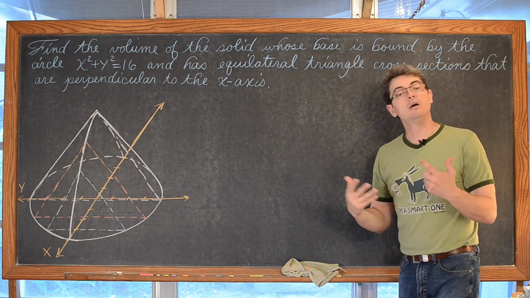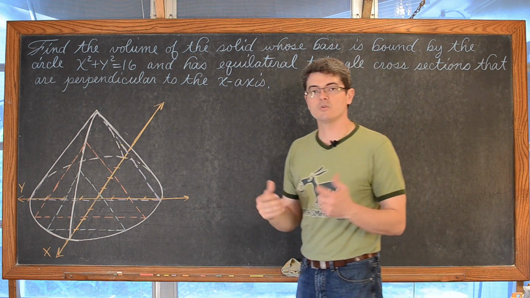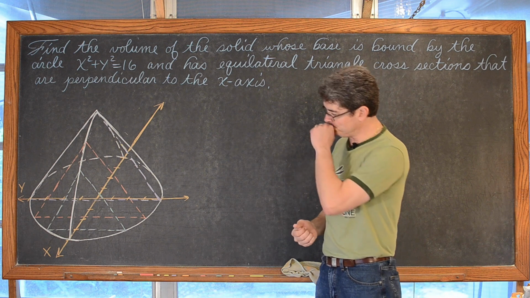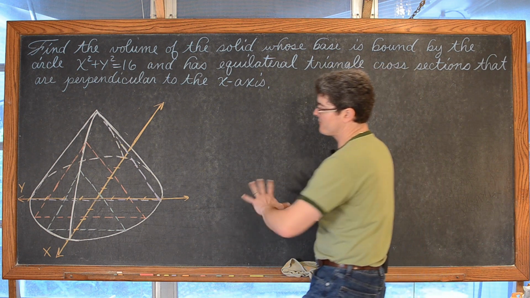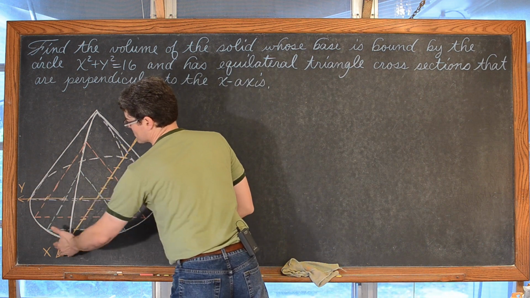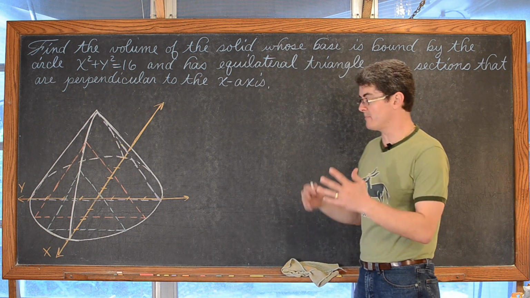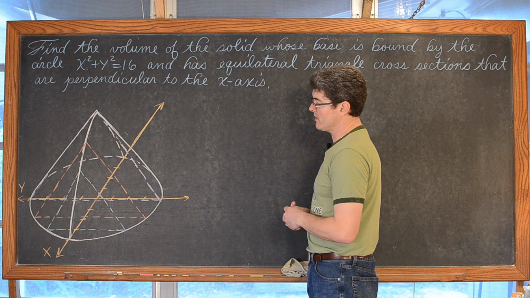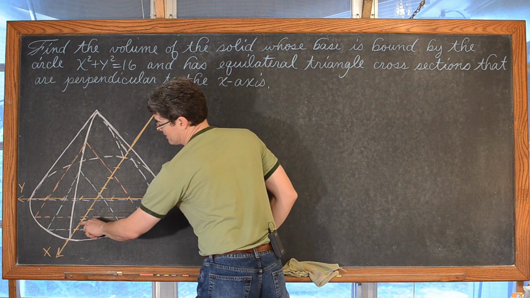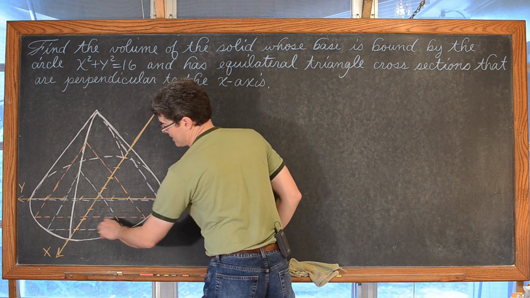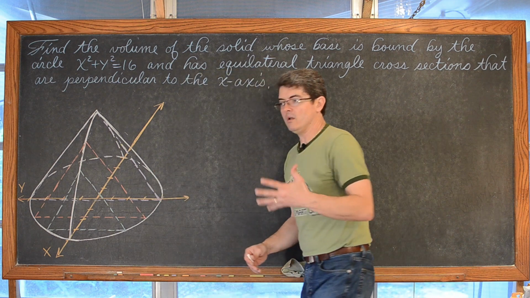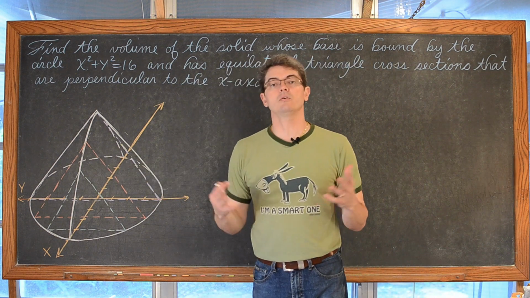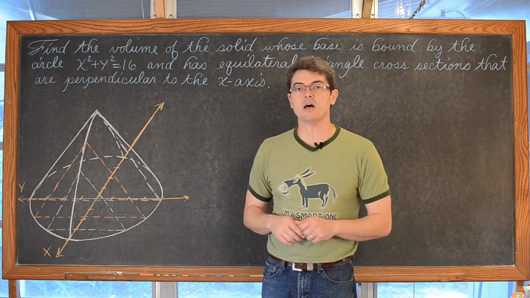So we will need an equation, again, y in terms of x, and we're going to integrate with respect to x. Okay, so I've made a different orientation of my x and y axes again to try and give us the best representation of this graph that I can. And we are going to be looking at independent values of x to give us values of y. Well, as we started off the video, as long as you know the area of the cross-section, then you can find the volume of the solid.